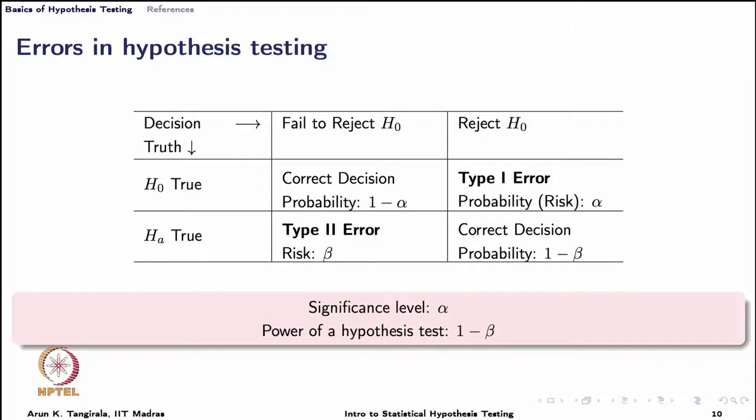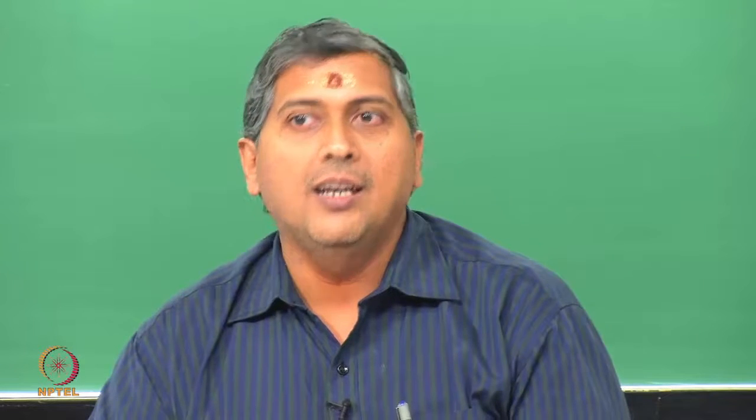And earlier when I said when we try to minimize the type 1 error as much as we want to, we do end up unfortunately increasing the type 2 error. It is not that alpha plus beta is 1, please do not get into that, but there is a relation, it is kind of a water bed effect. If I try to decrease alpha, the beta will increase and vice versa. If I want to decrease beta, then I have to sacrifice alpha.